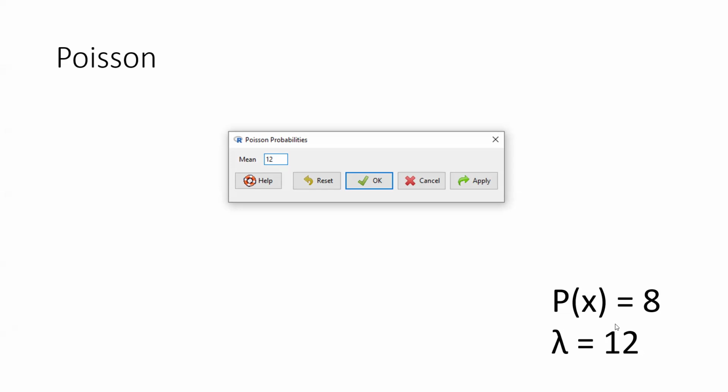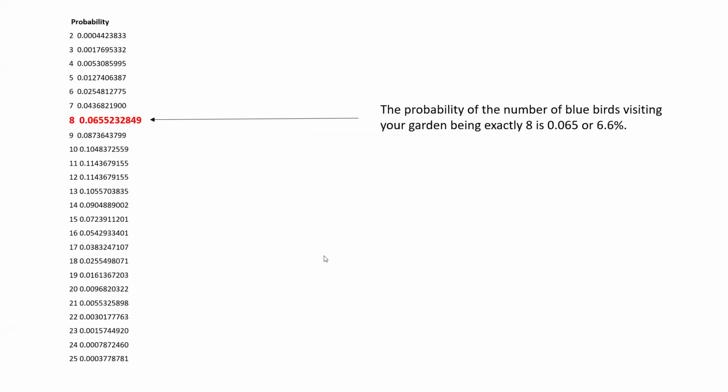And we're interested in exactly 8 bluebirds being filmed on a particular day. This was the output in the console that was generated by RCommander. And what we need to do is count to 8. So 8 on the left is here. And then this decimal value here, that is the probability value which we are interested in,